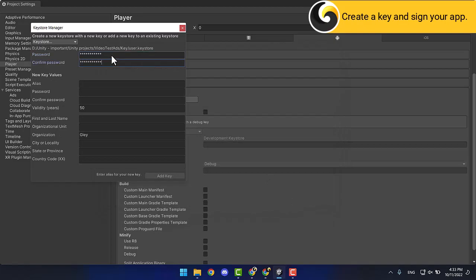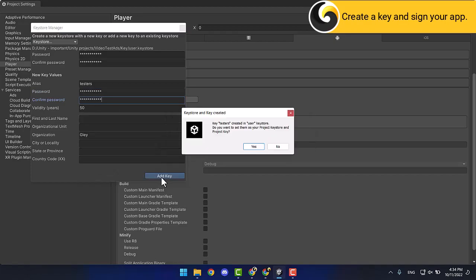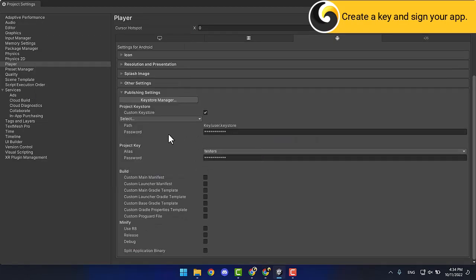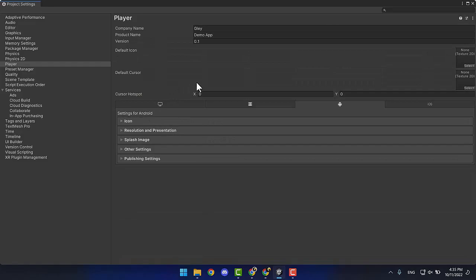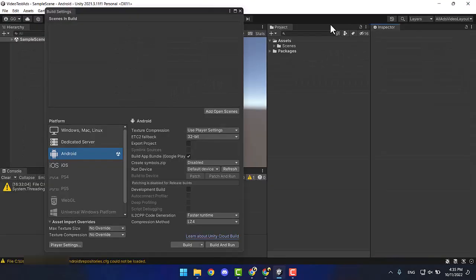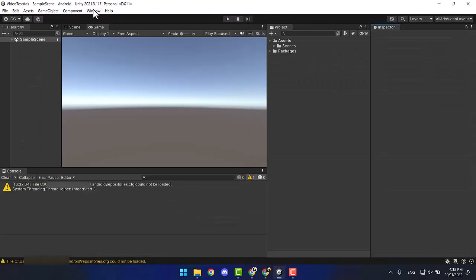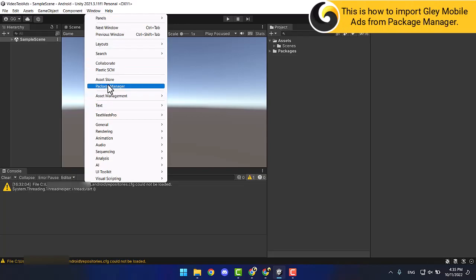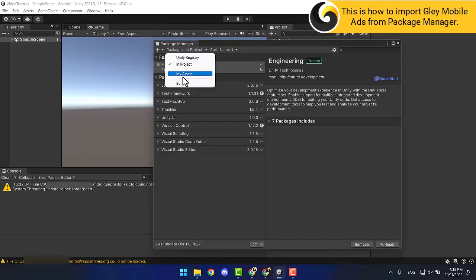Set a password and then rewrite it to confirm. Now your app is signed. Before each build, you should check whether or not your app is signed, or you'll be notified in the Unity console. For the first release, for which the purpose is to be reviewed, you can build an empty project, or